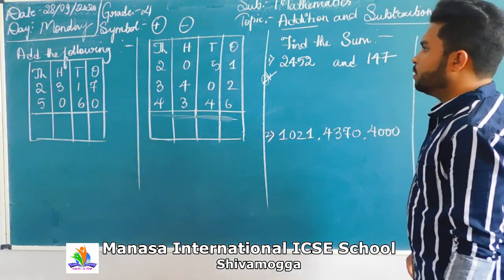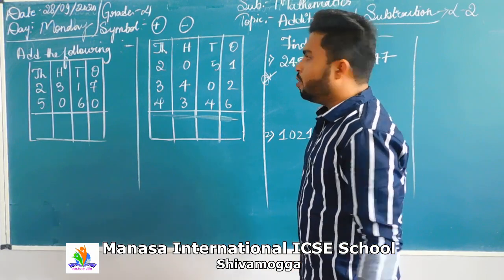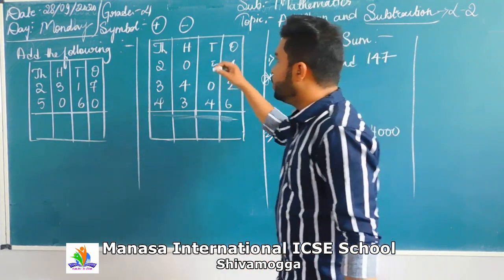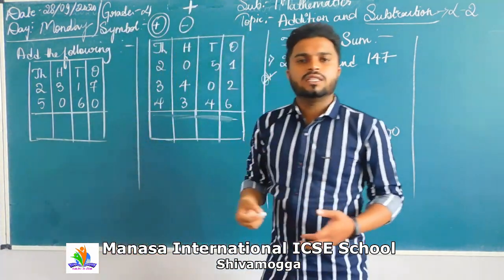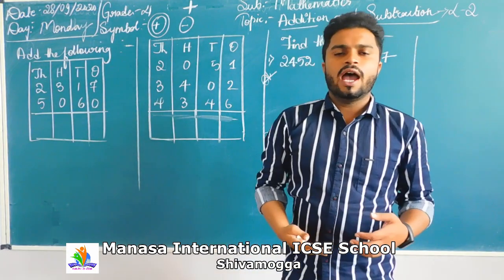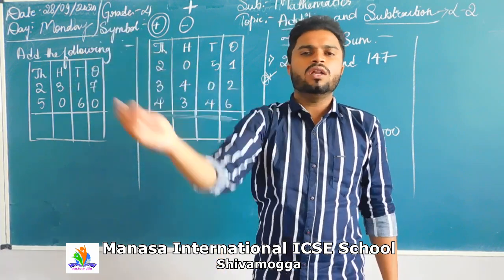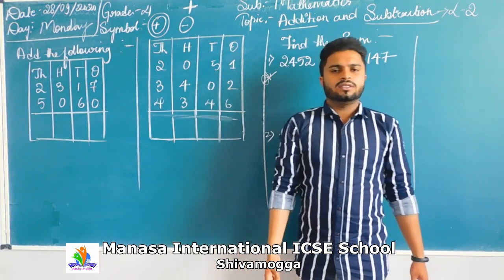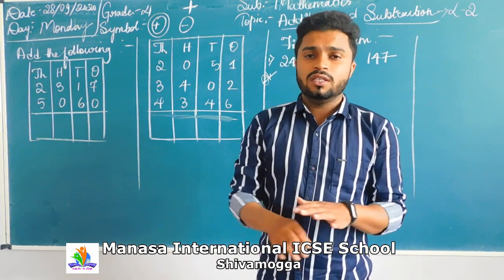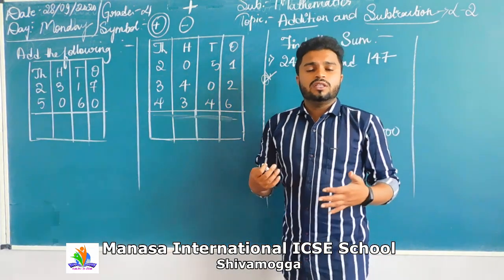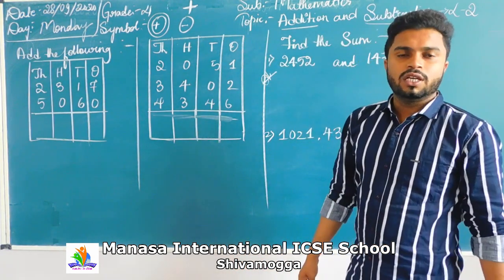Done? Yes. In that, the first concept we have is, see here, before that, what is the symbol of addition? Addition is nothing but you are going as what? Plus. Plus is nothing but add. What is the meaning of add? Add is nothing but to combine or to join or to fix up. That is nothing but addition. Done? Yes. So, in your previous classes you have studied this. It is very easy. There is nothing into that. The thing is, you have to do it very carefully.